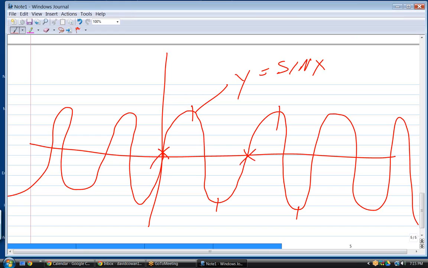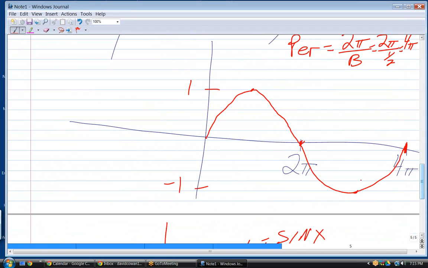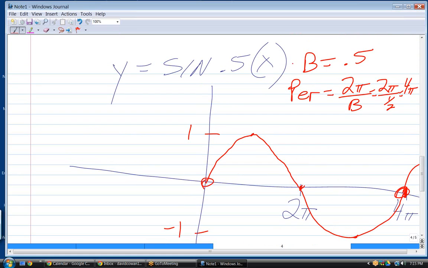Okay? So when I ask what the period is, I mean how far on the x-axis is it from the starting point to where it would start again. Okay? That makes more sense. And in my case, the only information I have is that b is equal to 0.5. So you have to memorize this right there that I've circled. Your period is always equal to 2 pi over b for sine and cosine,